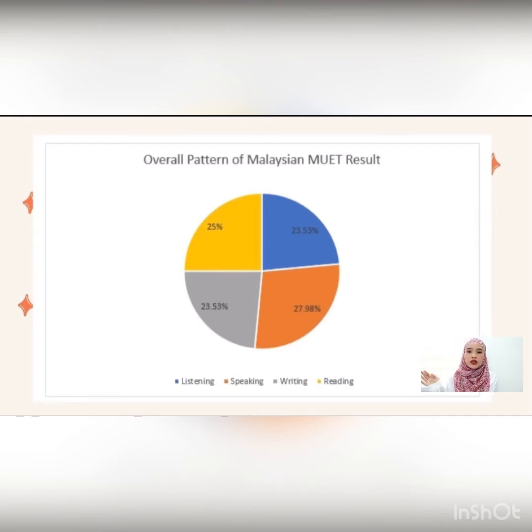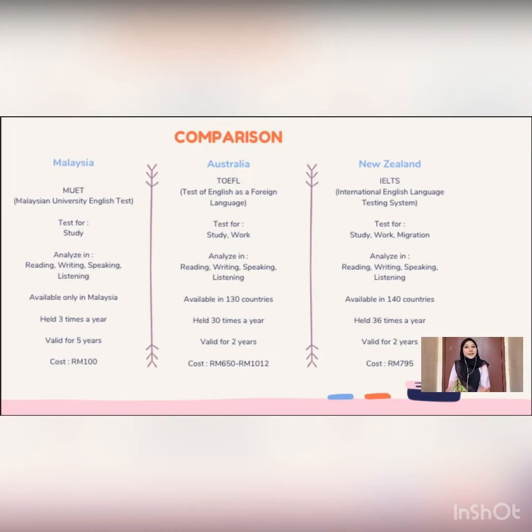However, a few studies have been made. They stated that reading comprehension was quite hard to achieve the target because it was quite difficult. So for the next batch taking the MUET examination in the coming November, the percentage for each section will be standardized, which is 25% for each section, meaning writing, speaking, listening and reading will each be 25%.